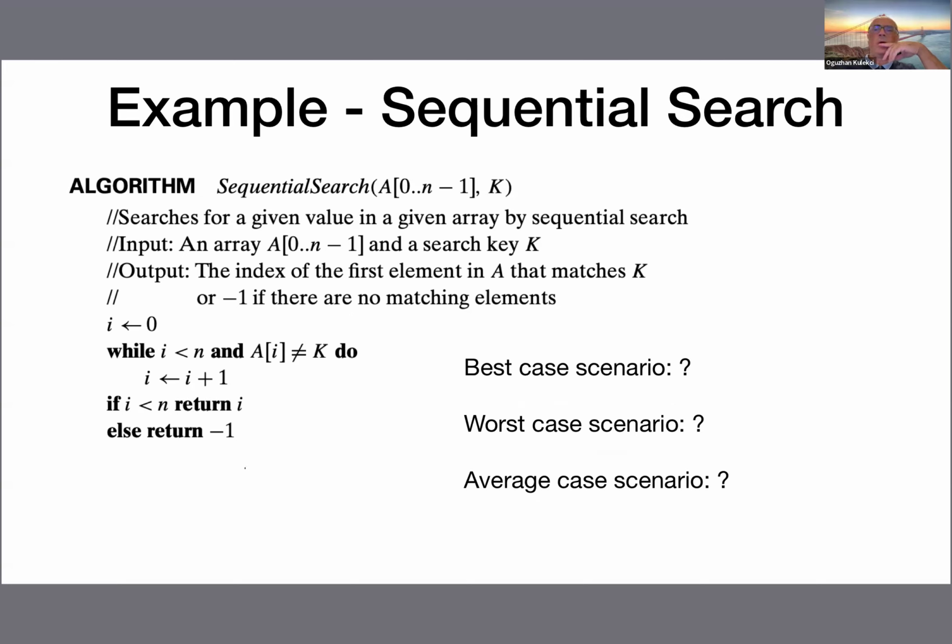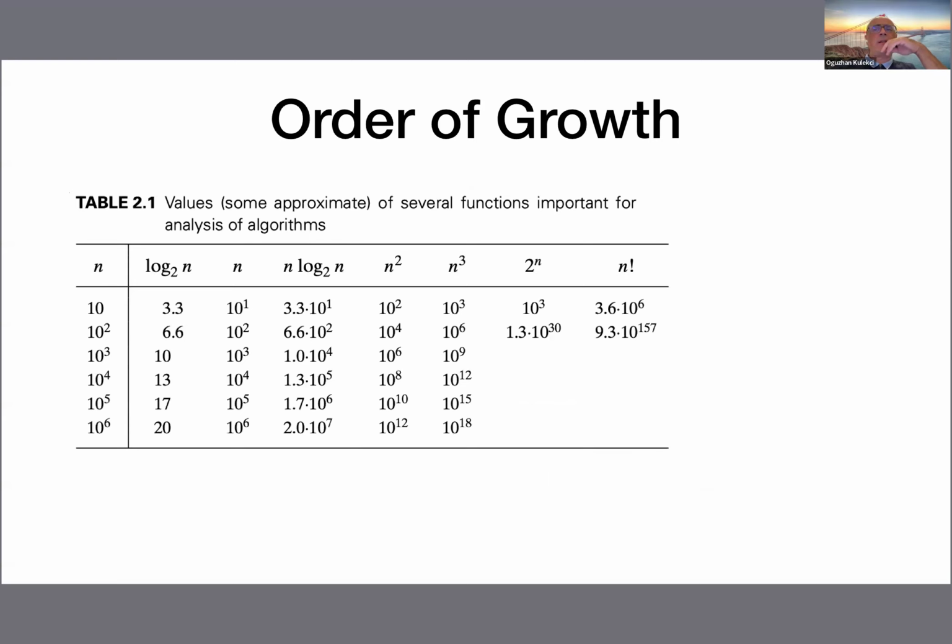Okay. So one last thing maybe I should mention. What is the importance of the order of growth? When I would like to show you what happens to different functions at different n values. So let's say here, f(n) is equal to log n. Usually in CS, we do not write this subscript, and whenever we see a log, we assume that it is